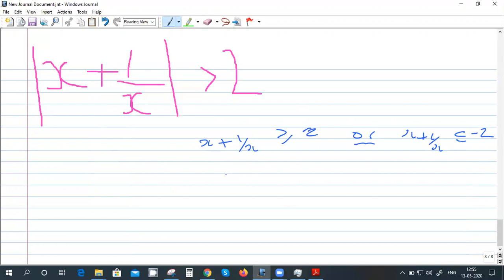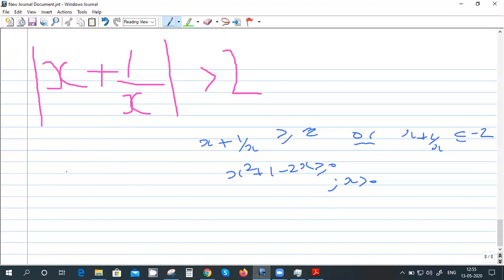But if we multiply x by both sides, then x can be negative also, right? No, just put that restriction. x cannot be negative. So this is greater than or equal to 0, and right here, x is positive. And if x wants to be negative, you can check the other way also. And since greater than or equal to 2,